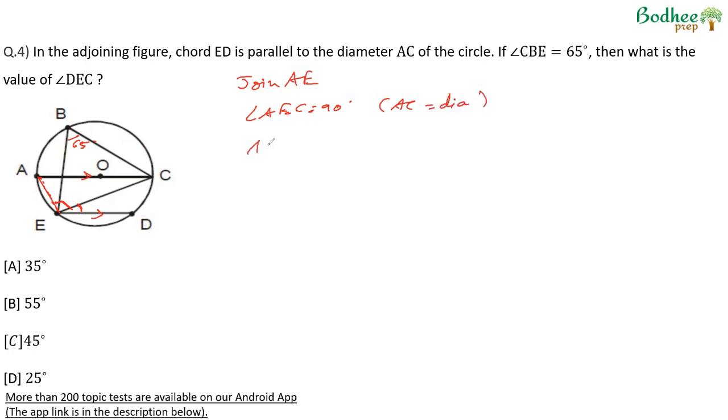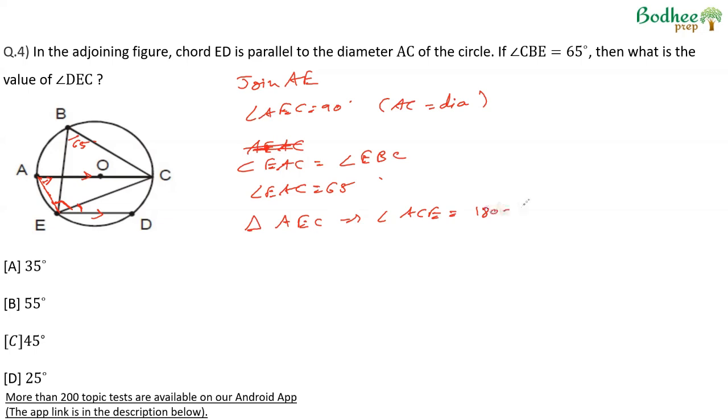Also, angle EAC will be equal to angle EBC. Angles in the same segment, EBC, EAC. And therefore, angle EAC will be 65 degree. Now, in triangle AEC, one angle is 90, one is 65. And therefore, we can say angle ACE will be equal to 180 minus 90 minus 65, which will come out